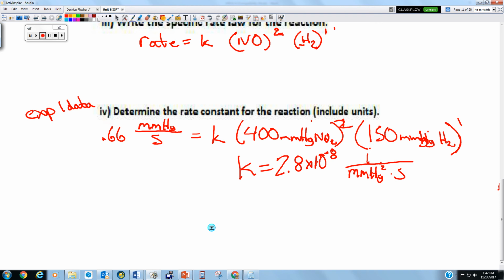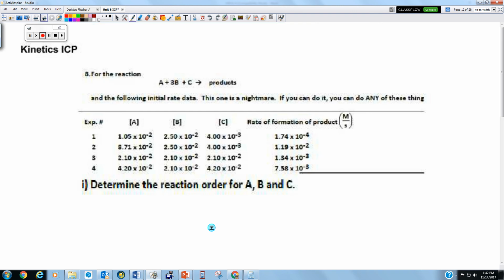All right, so any questions about this? Now, I am not going to work this one with you. I am not going to hold you responsible for this. This one is actually beyond the scope of what we would do. This is the one that I didn't try. I'm not going to try it. I will tell you, if you want to try it,